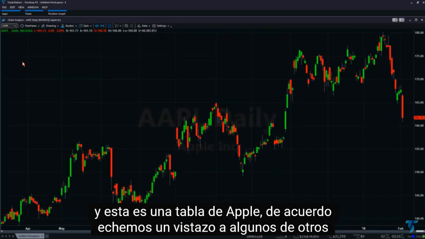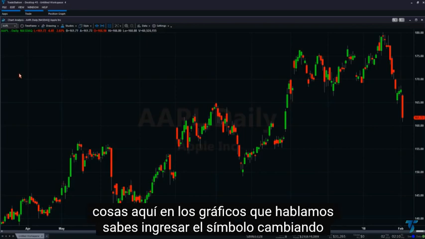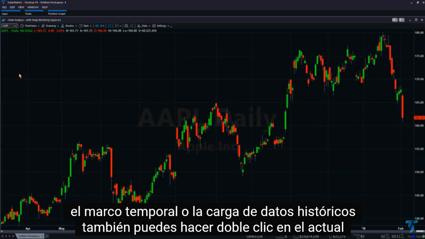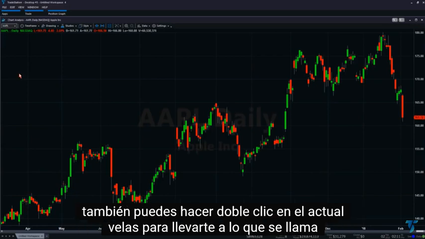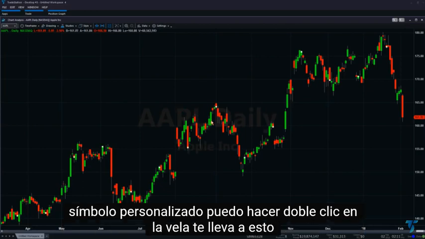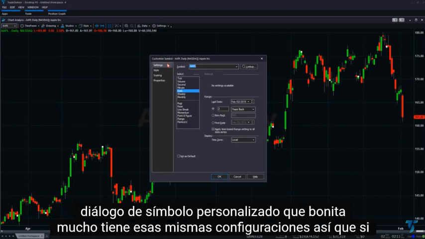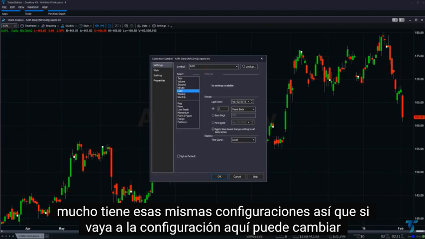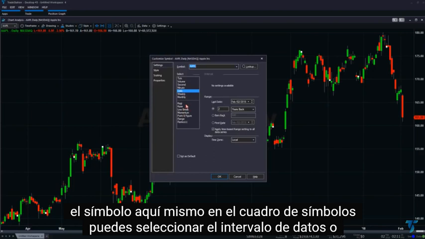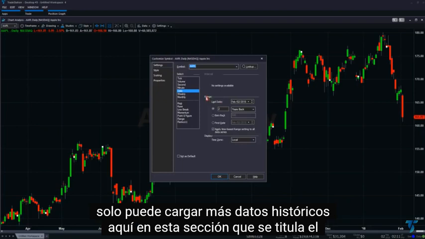All right, let's take a look at some other things here in charting. We talked about entering the symbol, changing the time frame, or loading historical data. You also can double click on the actual candles to take you to what's called a customized symbol. I can double click on the candle. It takes you to this customized symbol dialog, which pretty much has those same settings. So if you go to the settings here, you can change the symbol right here in the symbol box. You can select the data interval, or you can just load more historical data down here on this section that's